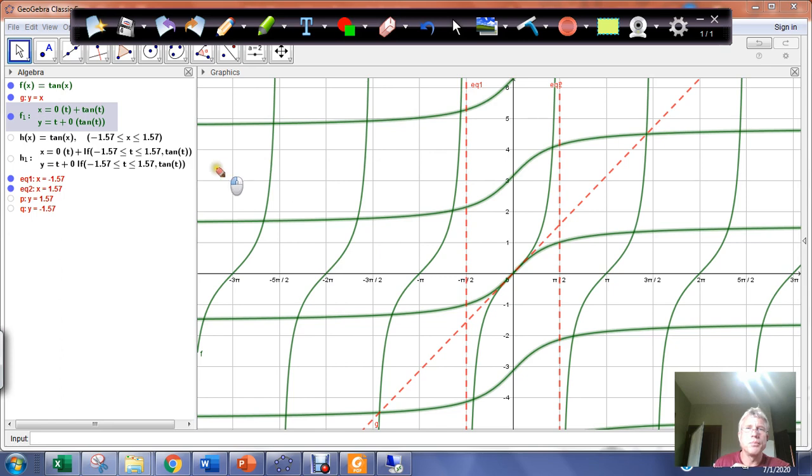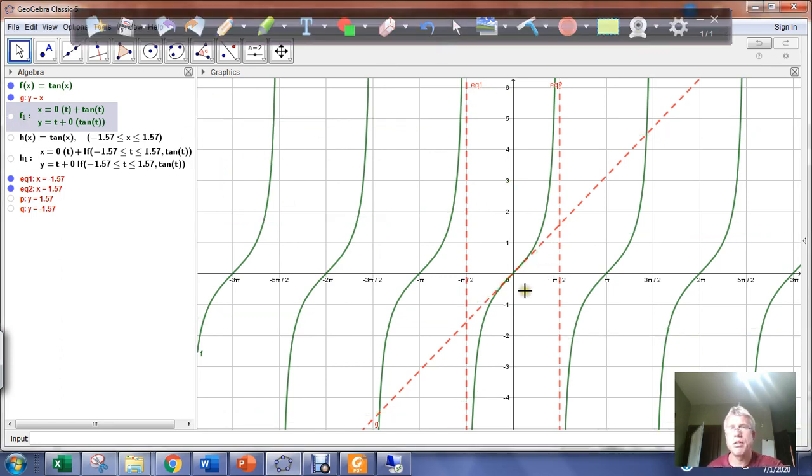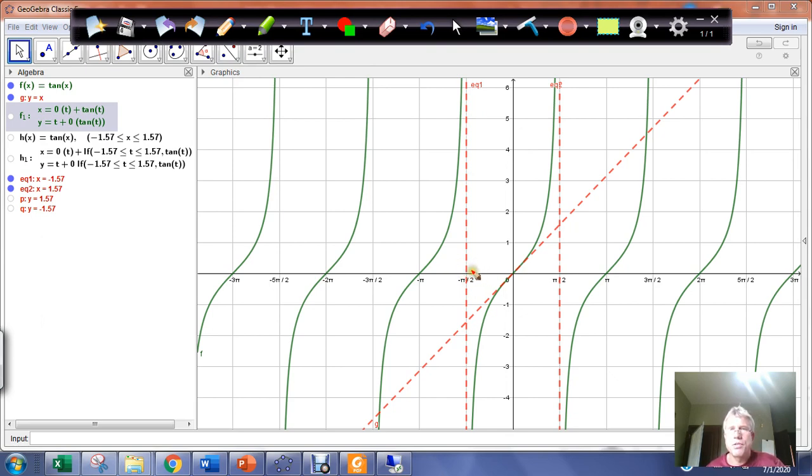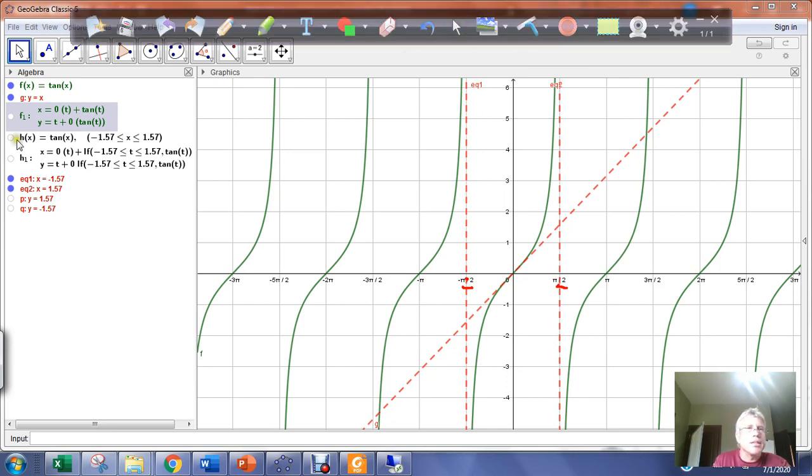So what we need to do is the same thing that we did with sine and cosine. We need to restrict the domain of the tangent function so that it is a one-to-one function. So what we want to notice is that if we go to the tangent function's vertical asymptotes that are located at negative pi over 2 and pi over 2, and we restrict the domain to run between those two vertical asymptotes, then we will get an image that passes the